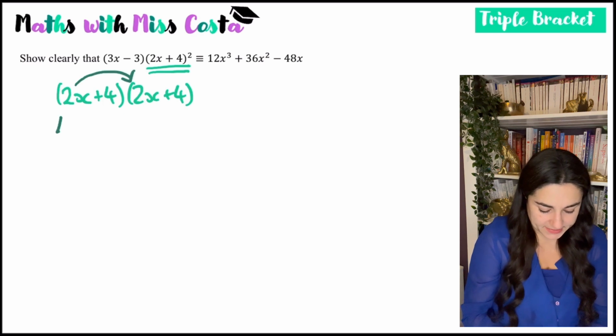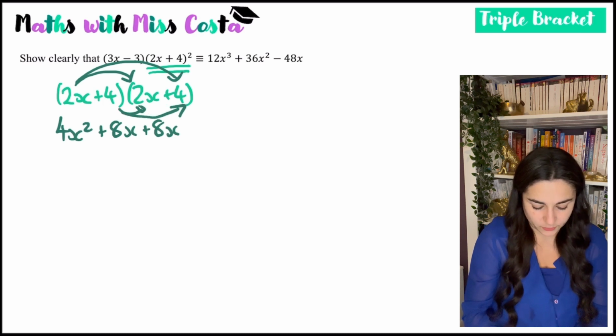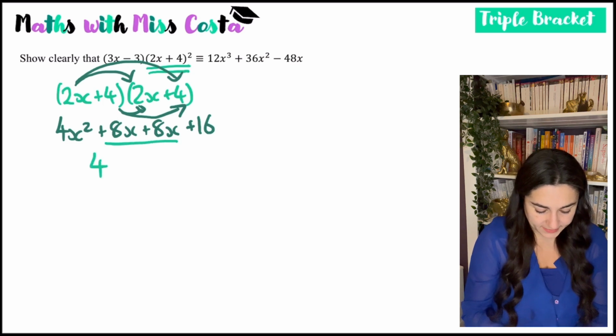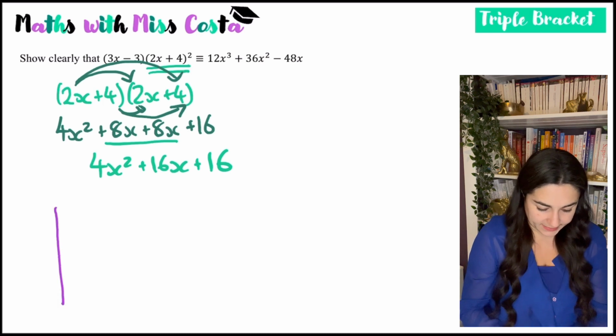So 2x times 2x would give me 4x squared. 2x times 4 is 8x. 2x times 4 is 8x. And 4 times 4 is 16. Simplify the terms in common, so that would be 4x squared plus 16x plus 16. Now what I want to do when I have expanded